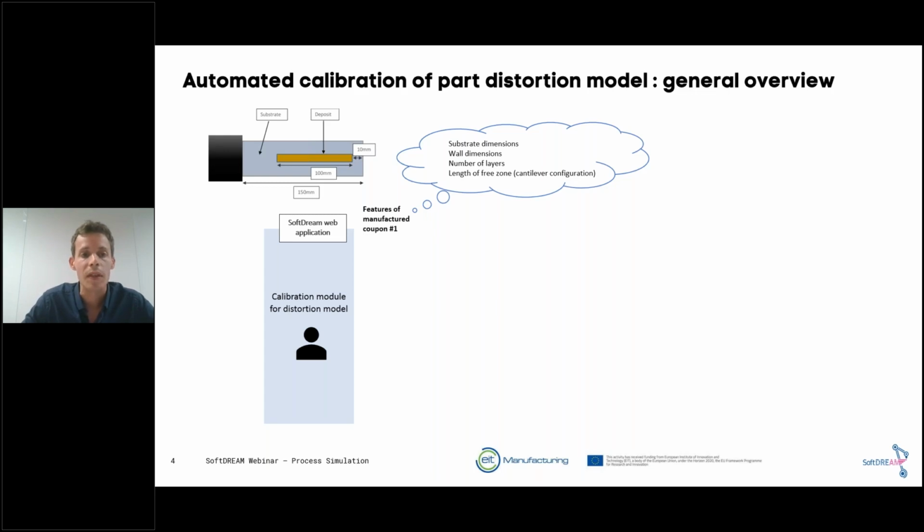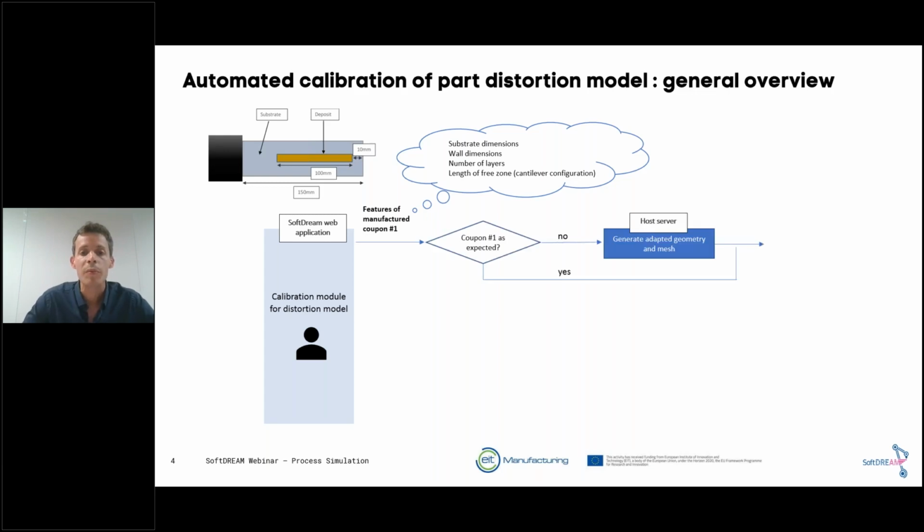This is a cantilever configuration, so that means that the substrate is only clamped on one hand and free to move on the other hand, and a wall is deposited on the substrate. So this coupon has to be manufactured, and